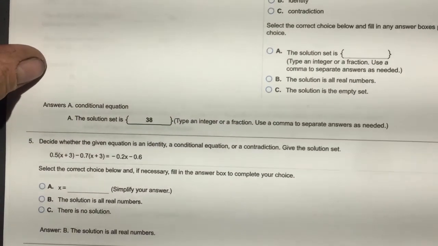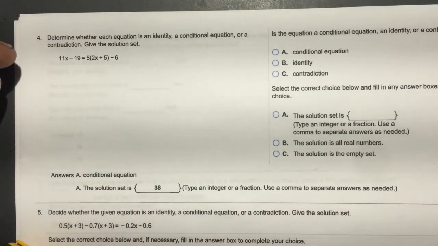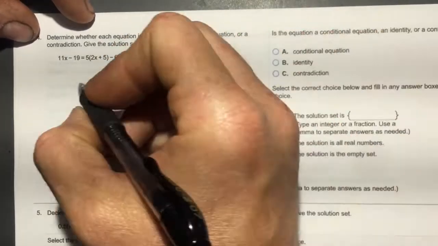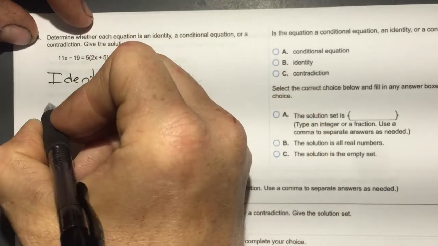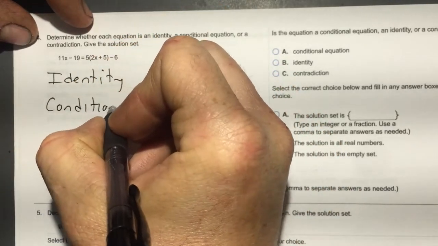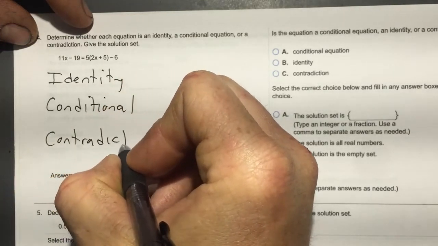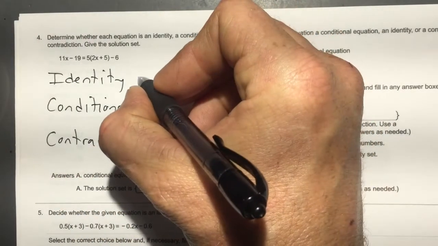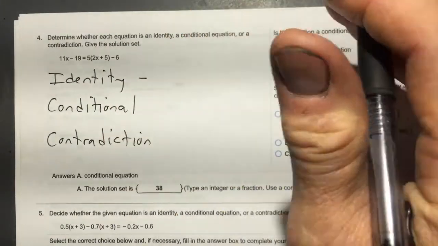All right, what about 4 here? Let's get down here. Determine whether this equation is an identity, a conditional equation, or a contradiction. Let's talk about these things real quick. Identity, conditional, contradiction. An identity is when you have the same exact thing on both sides, and no